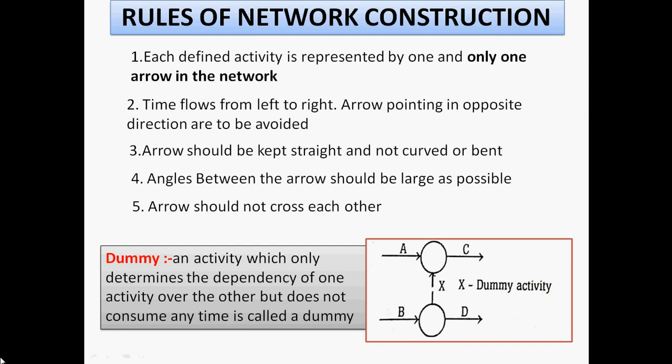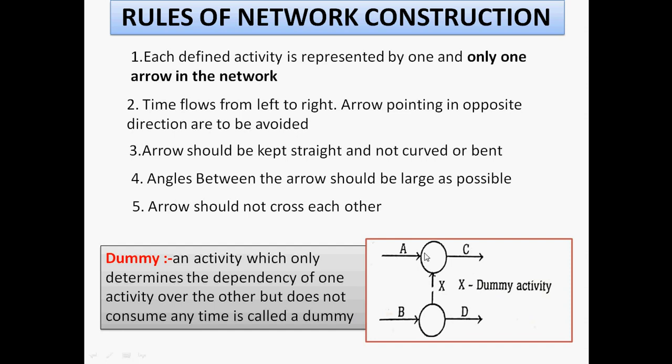And if a dummy activity is there, when can you use a dummy activity? Suppose A is your activity, so when you complete it, you write a node, that means you draw a circle. After completion of A, we draw a circle. After completion of B, we draw a circle and take an arrow. But sometimes what happens is that there is a C activity. So A, B, C, three activities are there. C can be started only when A and B are completed.